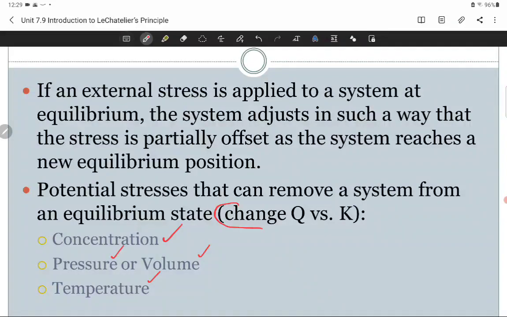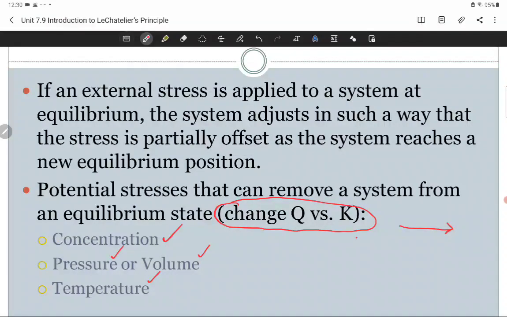If we want to show this mathematically, we're going to do it using our reaction quotient, Q, and we're going to compare it with a K if a K is known. But if the K isn't known, we can still compare Q and K by just saying that Q will be increasing or Q will be decreasing. And that will help us decide, is the reaction going to shift more from left to right at that point,